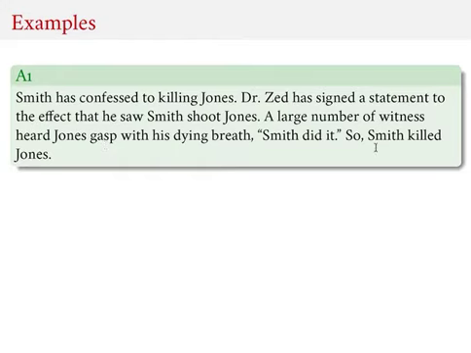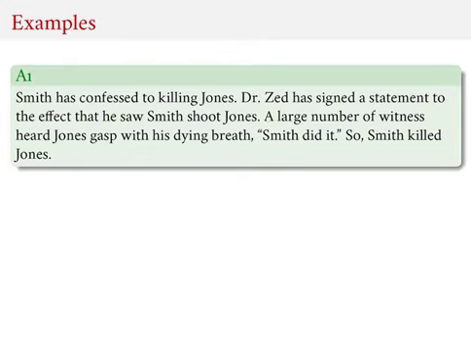But nonetheless, this is still a very, very good piece of reasoning. In our ordinary life, we would not question this, concluding that Smith, in fact, did it, because all of the evidence really strongly points to the conclusion. It makes the conclusion extremely probable. And so this piece of reasoning, even though it's not deductively valid, still is good, and it's good inductive reasoning.